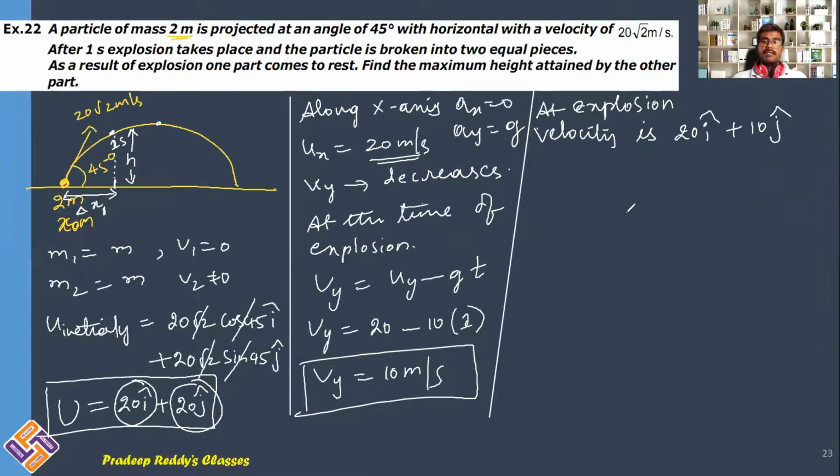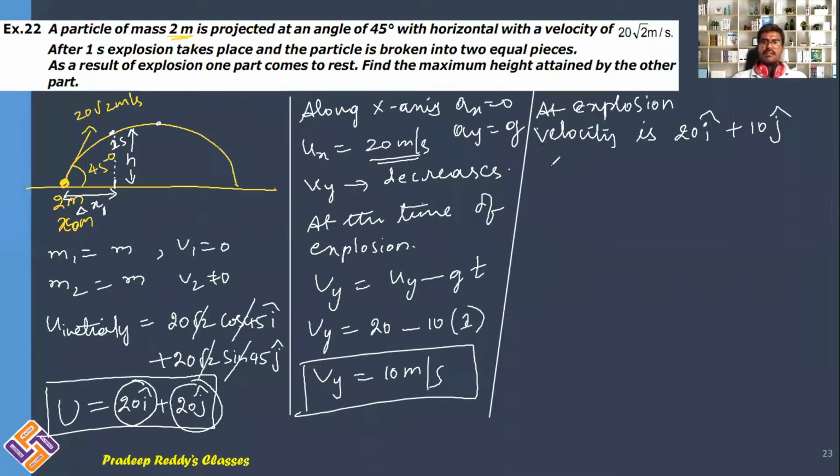And along x-axis, how much length is it traveling? You should find out how much length it is traveling along x-axis, right? And this height we already know, how much it is traveling along y-axis. This length you need to find out. So I can write delta x1 is equal to, or else one thing we do,